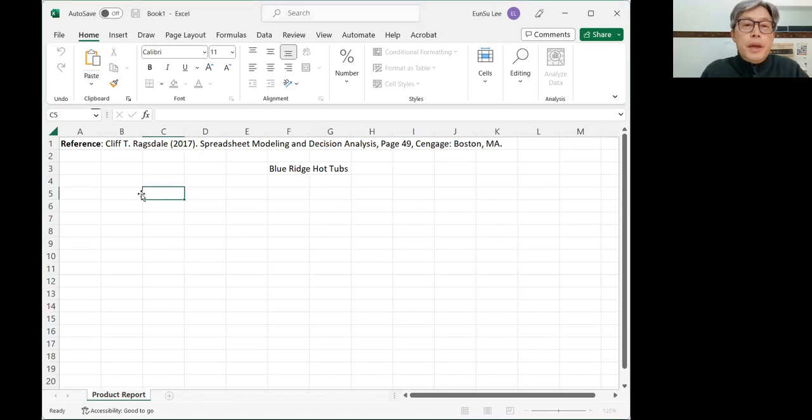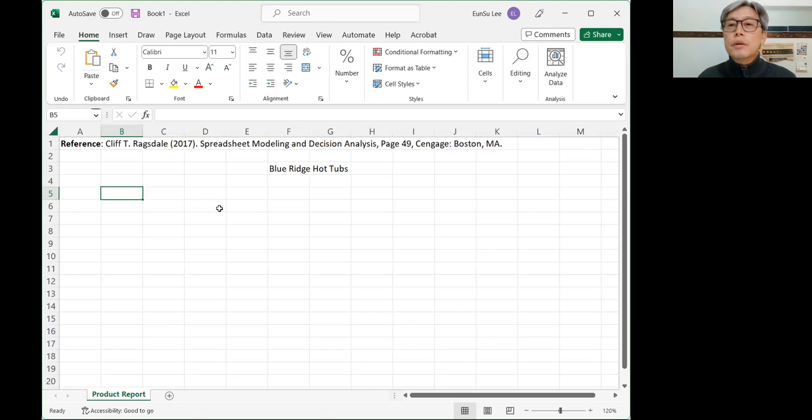So you open Excel and start the Excel application on a Microsoft Windows computer. If you have a Mac or Apple computer, you may have different ways to start the linear programming, but I'm going to use Microsoft here. Actually, the example has two different products. It's kind of a product mix problem. So two products,